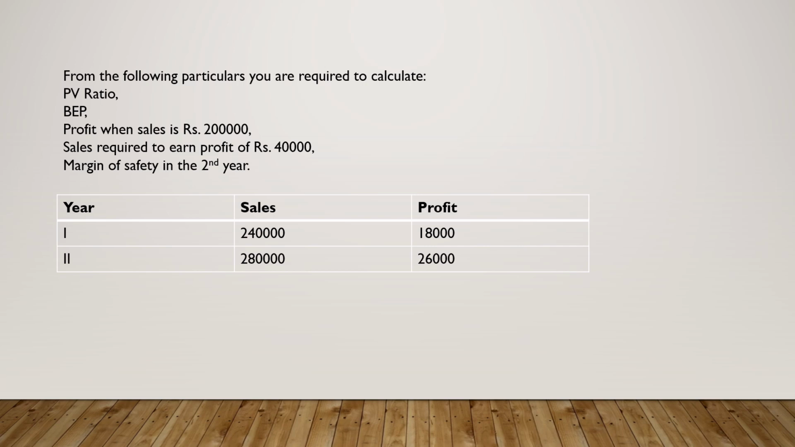Now, whenever you get this kind of sums, if you remember, I have given you two formulas for profit volume ratio. One is contribution upon sales into 100. And the second formula I told you at the time of the sum, I will clarify when to use: change in profit divided by change in sales. So when the data is given for the 2 years and this much data is available, in that case, you can use that formula, change in profit divided by change in sales into 100. Now coming to the solution, the first thing which we need to calculate is PV ratio, profit volume ratio,